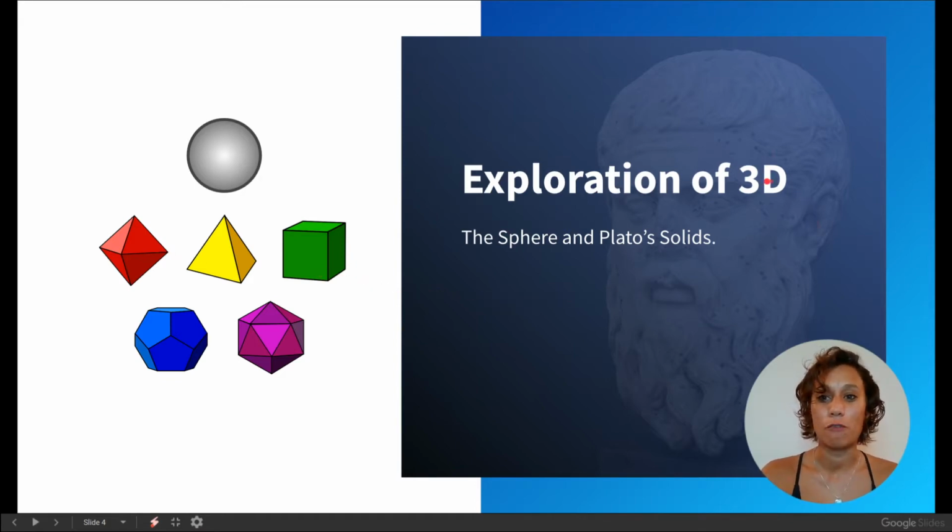Here is an image of Plato in the background, a very famous Greek philosopher. He was really into understanding reality through a geometrical view, but also with a bit of a philosophical understanding of it as well. And the five solids didn't actually come from him. He just rediscovered them. They were found much earlier, and probably the oldest ones were found in Aberdeen, Scotland, way before Plato.